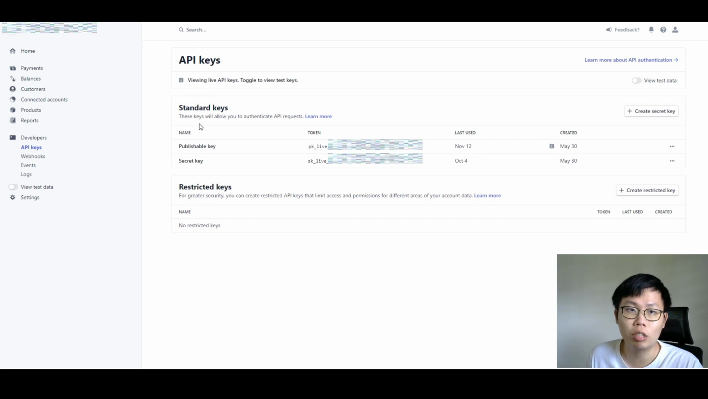All you have to do is copy this publishable key right here. Just click copy, and also the secret key, also click copy. Remember that if you want to go live, make sure you have the API key starting with pk_live. If you're doing test mode, where you want to run all the Stripe testing cards, then make sure